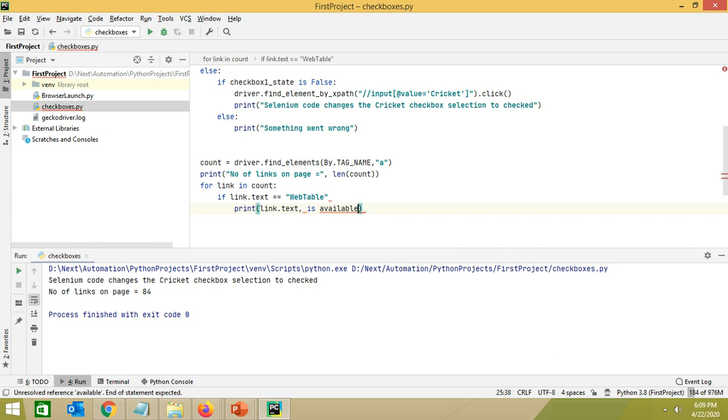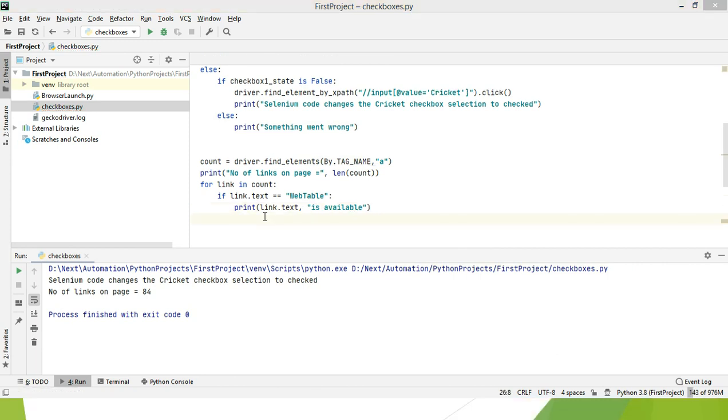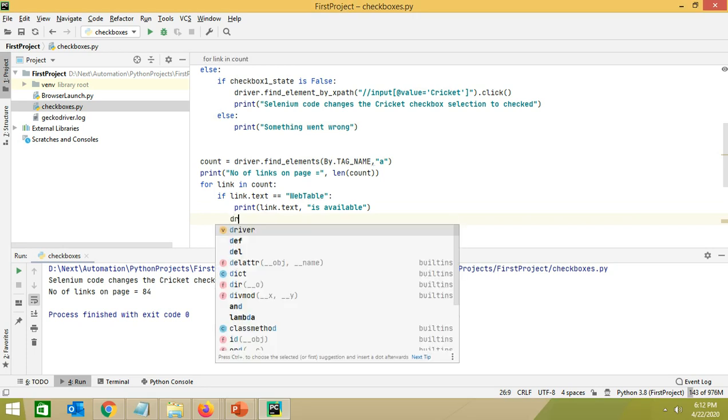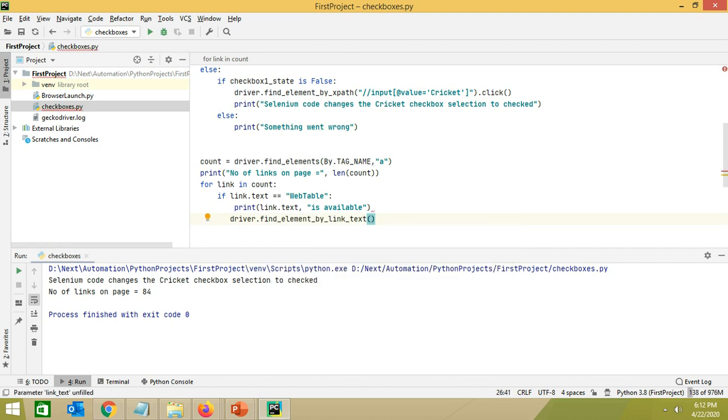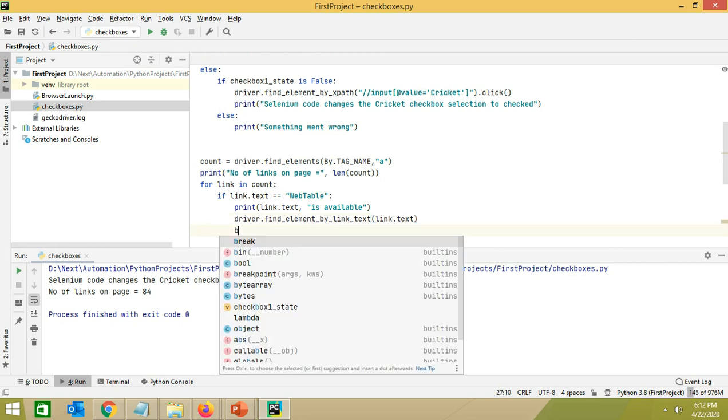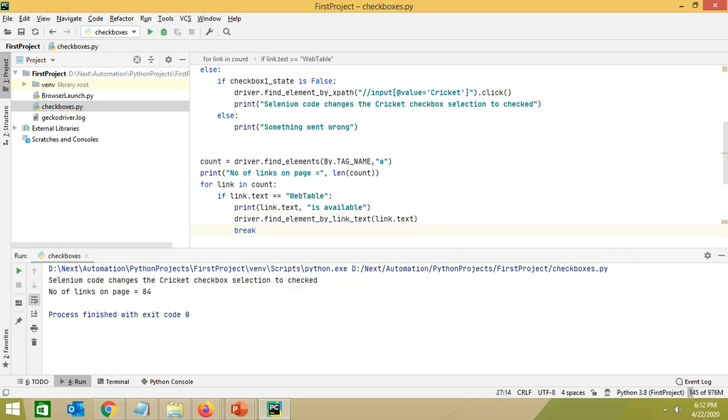And we can also write driver dot find element by link text, and the link text will be received from here. Okay, and after that we'll break the loop.